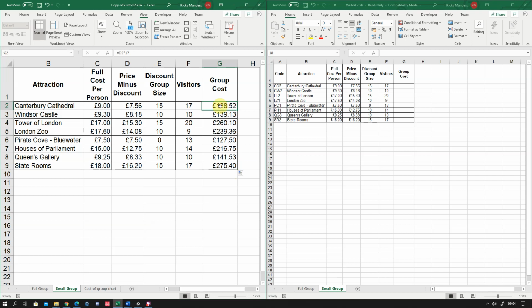Values don't change. So I've got a calculation of D2, which is here. So the price minus discount times the number of visitors. That's sensible. If we only needed to work out what the price was for a discount price for each group, that would be fine. However, the question